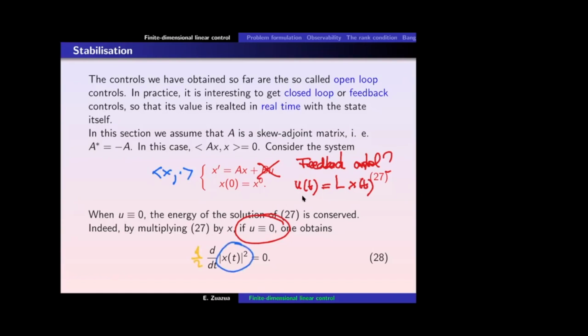You get equal to 0. Why? Because, as indicated here, due to the skew adjointness condition, you get the property that AXX is equal to 0. This is precisely the main conclusion of the fact that A is skew adjoint. So this condition AXX simply means that wherever you are, independent of what the dynamics of the particle is, whenever you stand here at the point X,